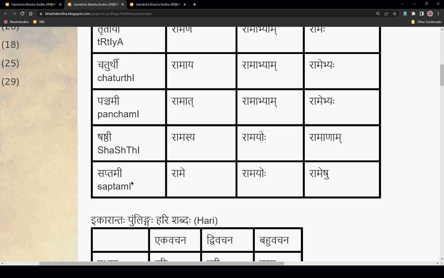Bahuvachanam, birds. How do you say Bahuvachanam? Khagaha is Ekavachanam. Khagaha vaneshu asti. So asti kriyapada is singular. So it is the Bahuvachana form. Santi. So the full sentence is Khagaha vaneshu santi.